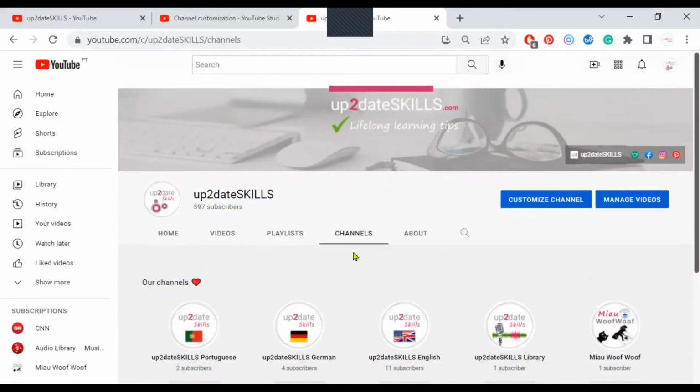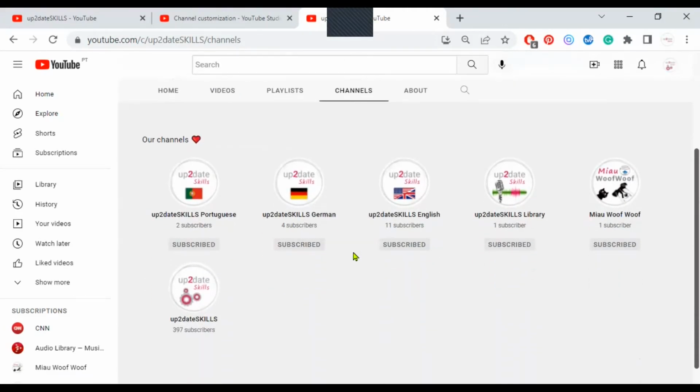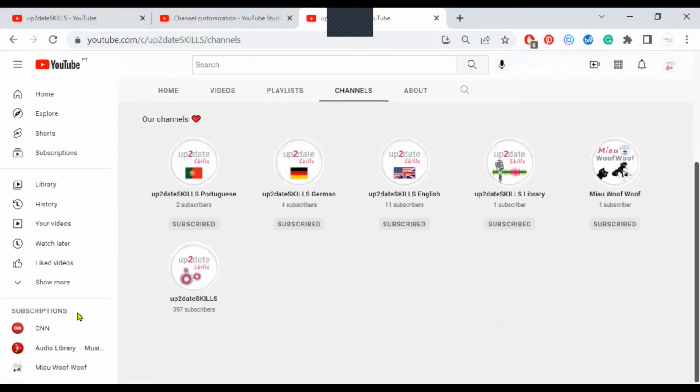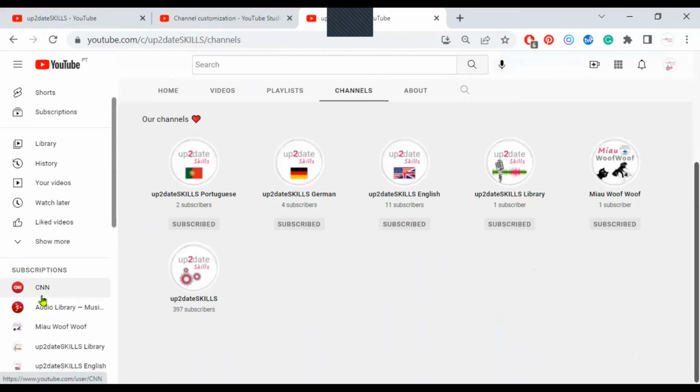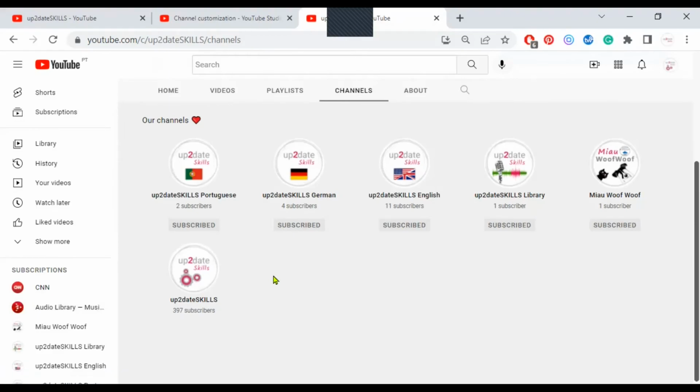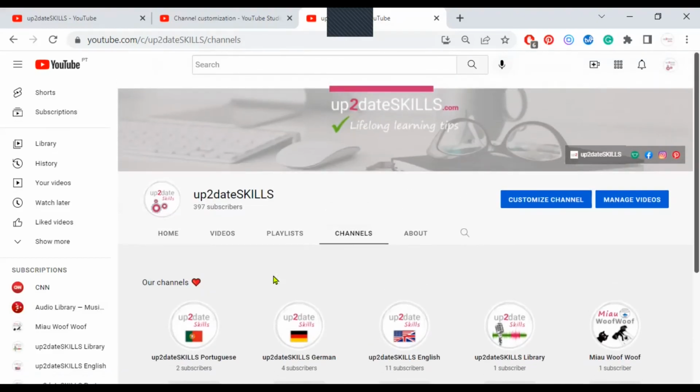And as you can see now, we only have here the channels I have selected for the featured channel section. We don't even have that option here to choose the subscriptions. But they still appear here just in case I want to use them. So I didn't delete the subscription. I'm still subscribed to these channels, but they don't appear for other people to see.